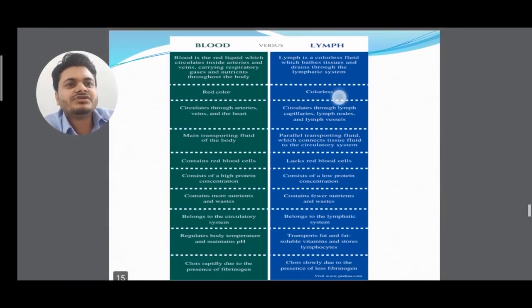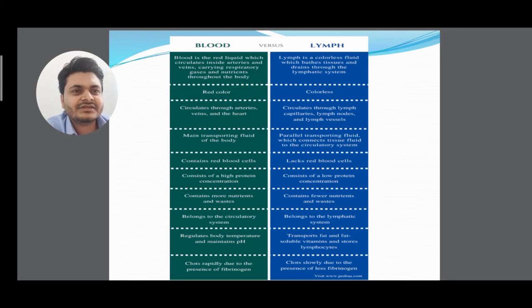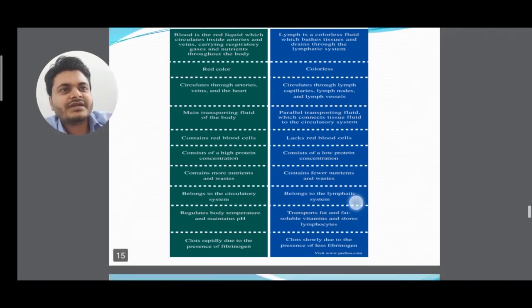The difference between blood and lymph is also given. In this video I have given interesting diagrams and interesting differences you will not find anywhere. If you miss this lecture, you will face problems. Blood is red in color, lymph is colorless. Blood consists of RBC, WBC, and platelets, whereas lymph only consists of lymphocytes. Blood has hemoglobin inside RBC, whereas lymph doesn't have it. Blood belongs to the circulatory system, lymph belongs to the lymphatic system. Go through it and write it down in your copy.